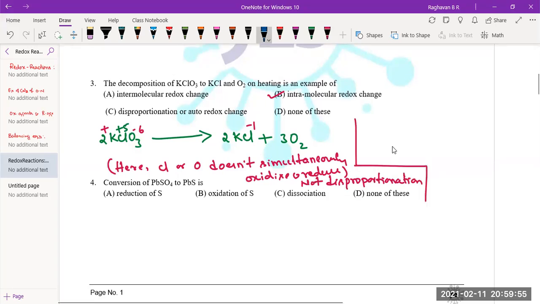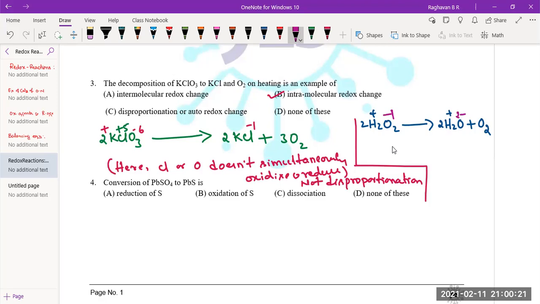We'll take one more. You see here, this is hydrogen peroxide, world famous disproportionation reaction. Am I right? Now here hydrogen left hand side +1, right hand side +1. It is not the hydrogen that is undergoing change. Peroxides will always be having oxygen -1, right? To the right hand side in water, oxygen is 2-, this is 0. You can see simultaneous oxidation and reduction. Gain of electron, reduction. -1 to 0, loss of electron, oxidation.